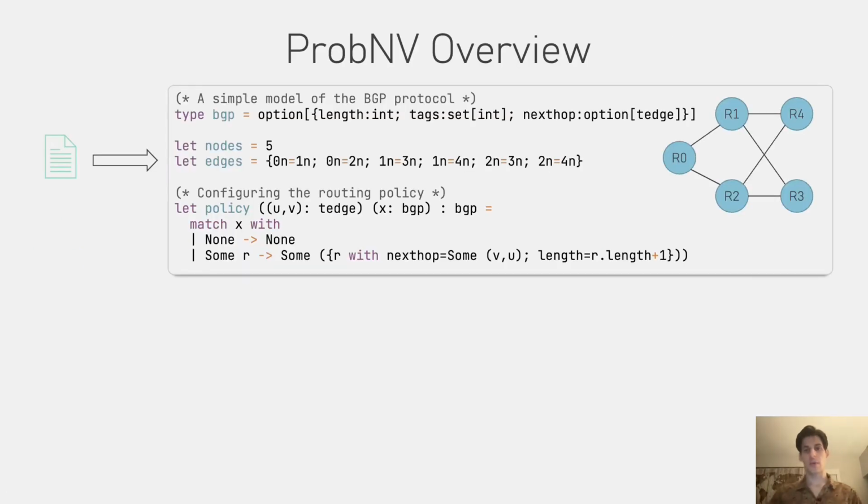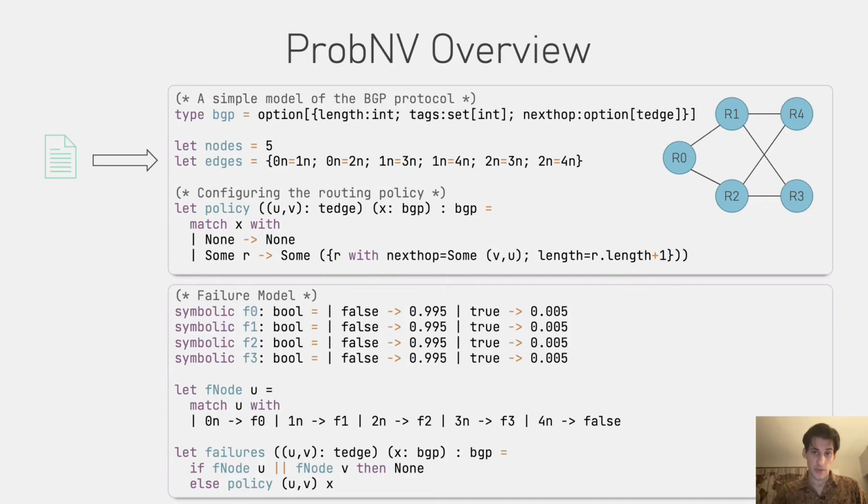So let's look at the probabilistic network model in our language. Assuming we start with some device configurations, we can translate them into our language, describing the topology they define and the routing policy that they enforce. So this is what routing protocols are used and how they transform a route as it traverses a link between two switches. And these are simple transformations, such as increasing the path length or setting a tag on the route. The complexity comes from the very high number of rules that are used. In practice, the function describing the network's policy may be several thousand lines of code.